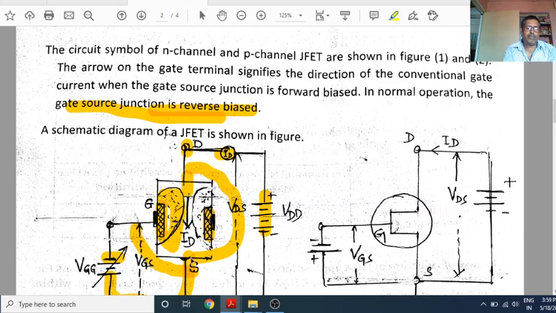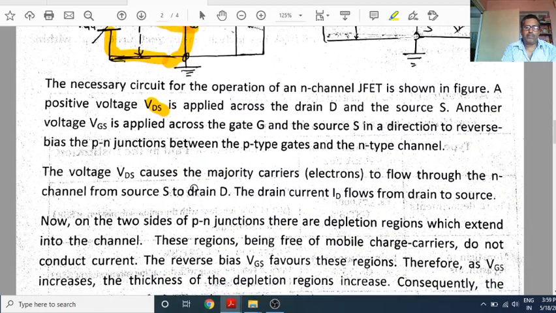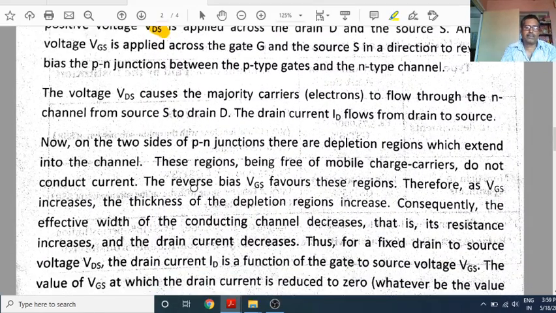Because as we move from source to drain, the voltage drop increases toward the drain side. So here it is more depleted. One time will come when the thickness will be so large that the channel width, through which electrons pass, will be obstructed. Now drain current may reach 0.